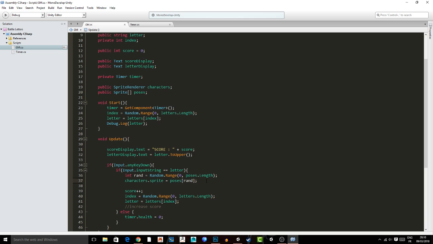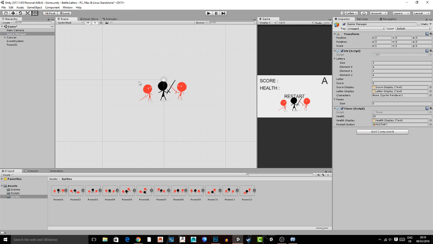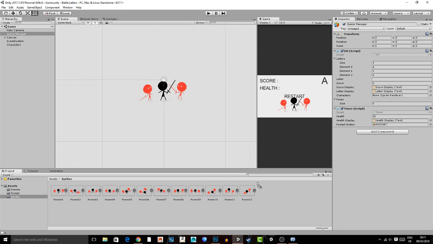Awesome. So with that out of the way, I'm going to head back into Unity, select my game manager, and just drag and drop my poses01 game object. Actually, I'm going to call this characters. It's cleaner, nicer. So I'm going to select this game manager and drag and drop my characters game object inside